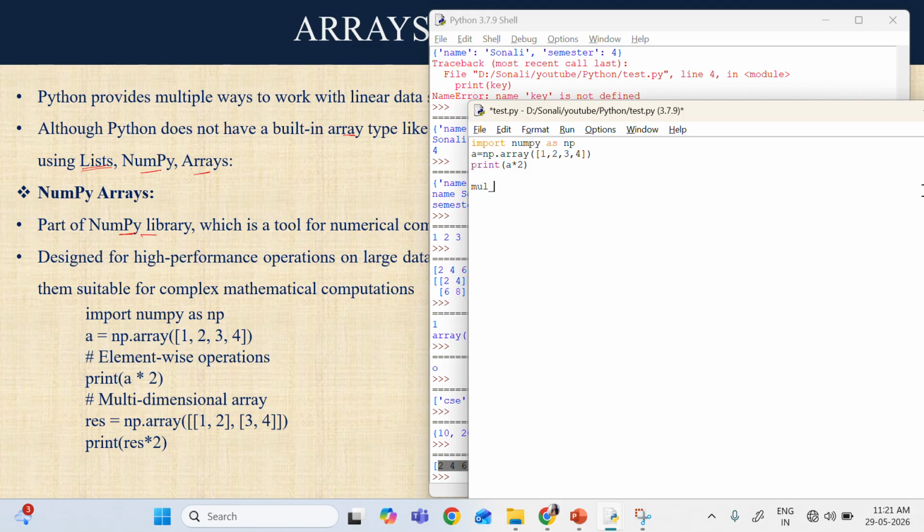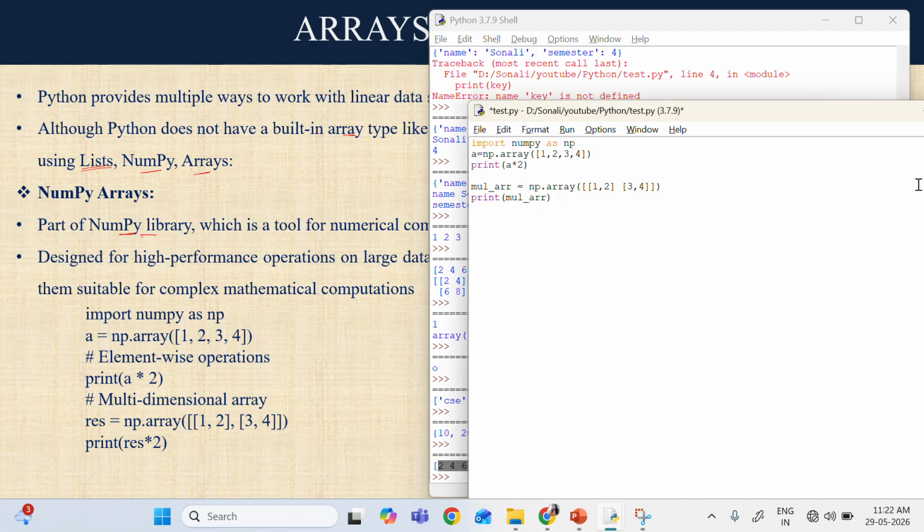So let's say multi-dimensional array is equal to np.array, and you can have one bracket, and inside that again another bracket where it is 1, 2, and the second row is 3 and 4, and close it. And of course you can print. Let me print this multi-dimensional array right now without any changes.